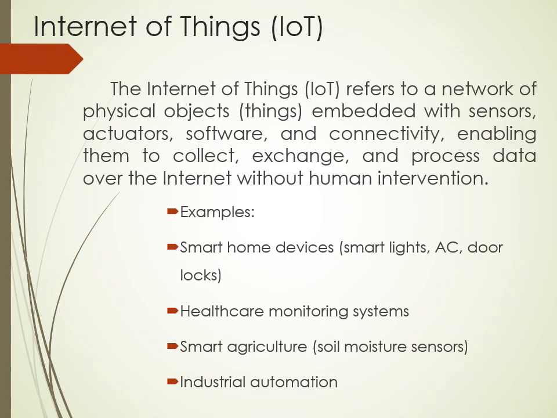So we all know that the Internet of Things is a very promising technology we are seeing today in all the fields and applications. Okay. So we know that the Internet of Things refers to a network of many physical objects. Whatever objects are embedded with IoT are called IoT objects, right? So the Internet of Things refers to a network of interconnected physical objects embedded with sensors, actuators, software, and internet connectivity, which enables them to collect, exchange, and process data over the internet